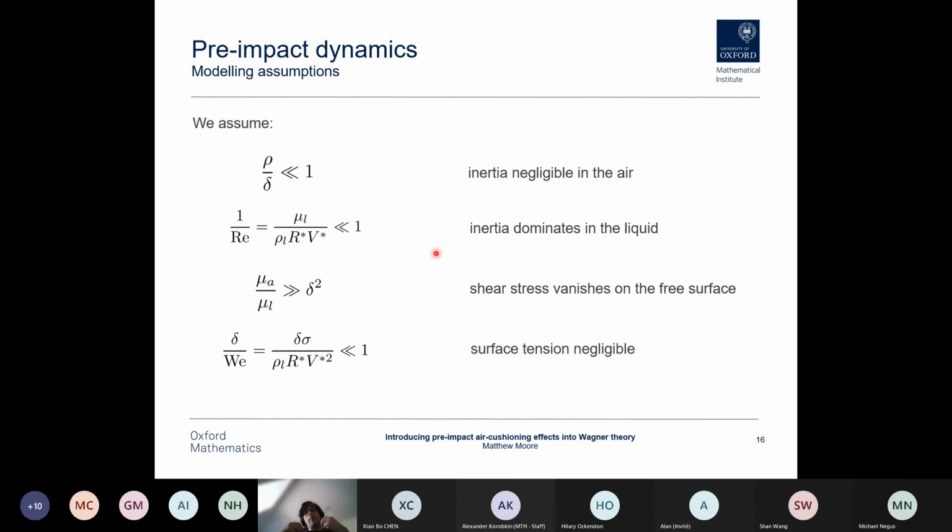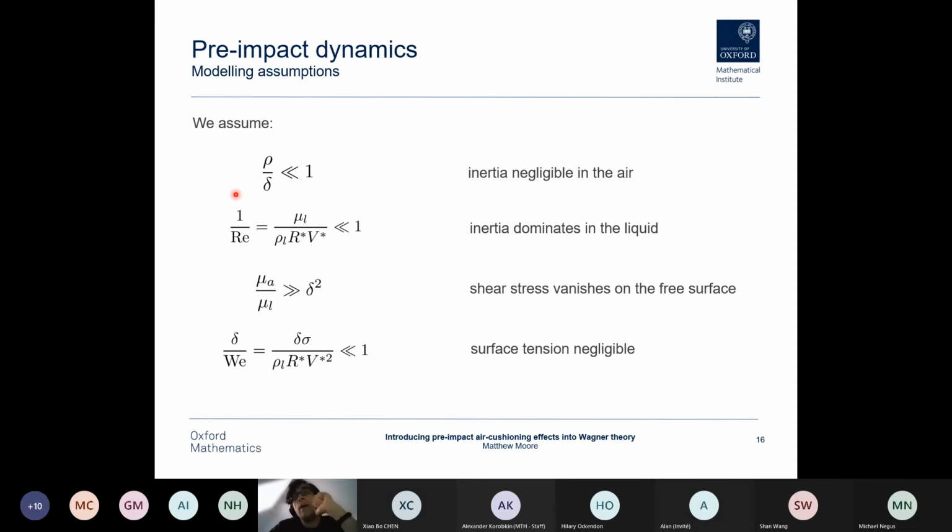So under these scales, and with the following assumptions, which I've highlighted a little bit already, we're going to neglect inertia in the air, which is this condition on the density ratio. We're going to only take inertia in the liquid, so the Reynolds number is going to be large. And we're going to neglect shear stress on the free surface and throw away surface tension. So under all these assumptions, which are reasonable for quite a wide range of problems, which we can talk about